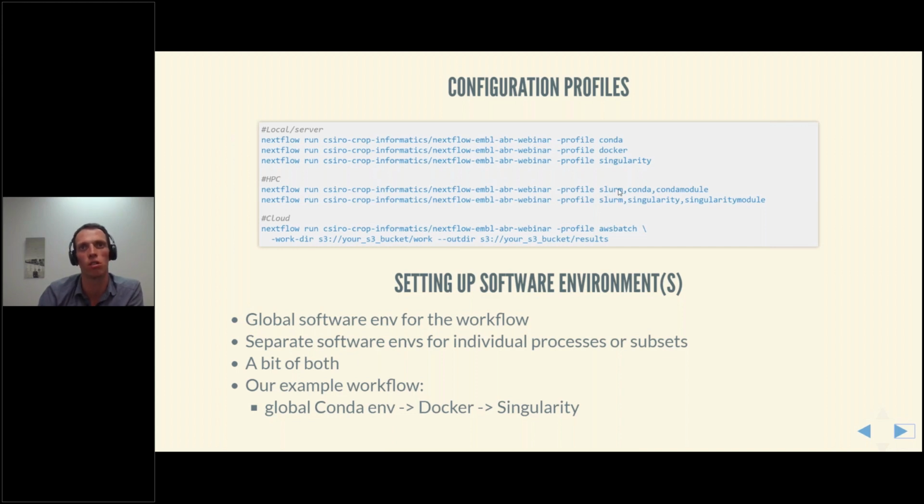You might use the Slurm profile with Conda, and just make sure also that you load the Conda module itself, whatever you define it to be. Similarly, with Slurm and Singularity, Singularity must be available to all of the nodes that will be used, all of the jobs that will be submitted. So this is how you make sure that happens.